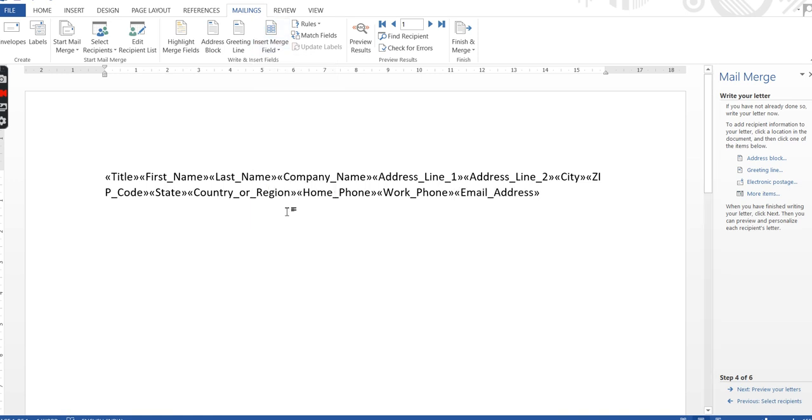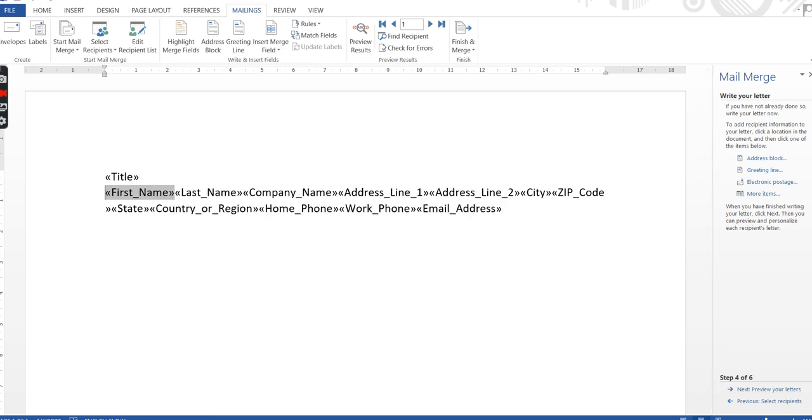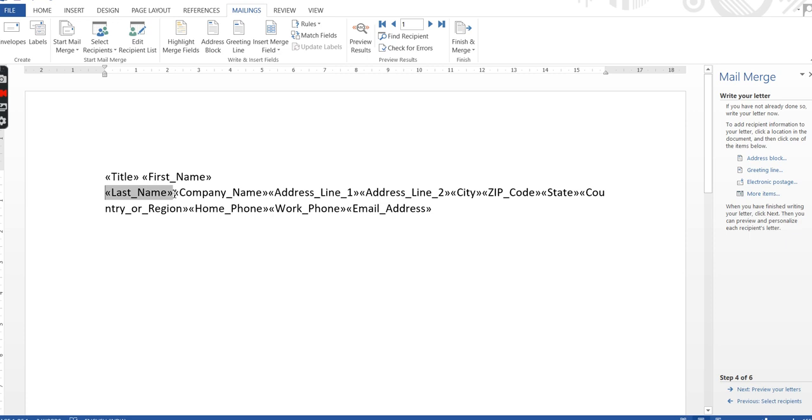So these are the things I want to put in my letter. First of all, I need to give a gap in between, so that it will be created in a proper way.